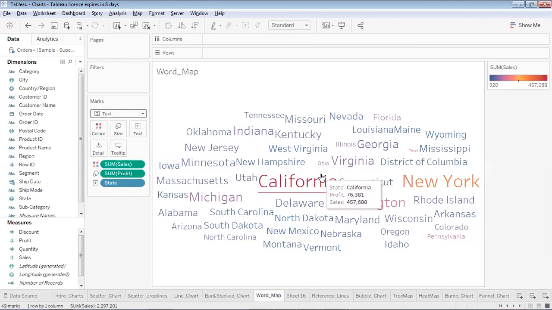And in terms of sales, if I would like to see this, the states which give me highest sales are the ones which have colors like these. So that is California, Washington, New York. And a state which gave me high sales but still the profit was low is Texas. So over here the sales are still high, but the profit was low. That's why it is showing small, but the color is red. So in this way we can plot a word map, and the size of the words is depicting the profits, and the color of the words is depicting the sales. So I hope it's clear to you guys how to create a word map.